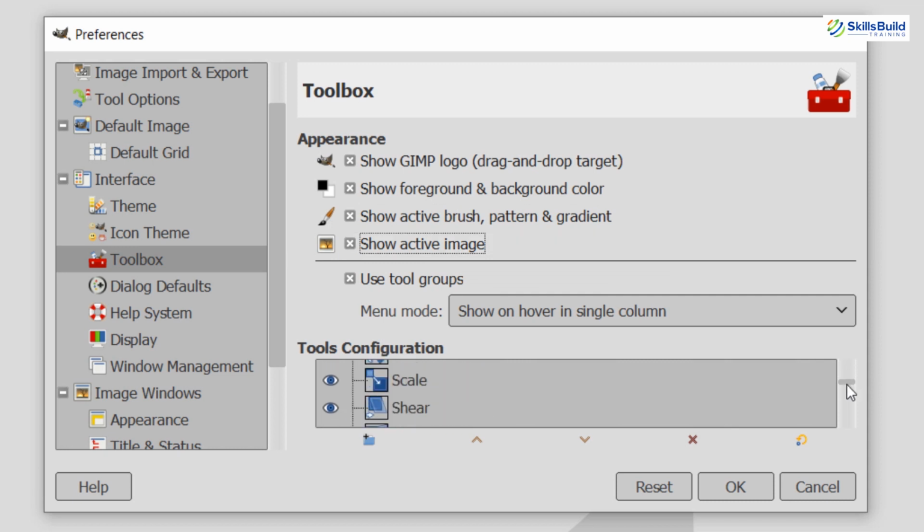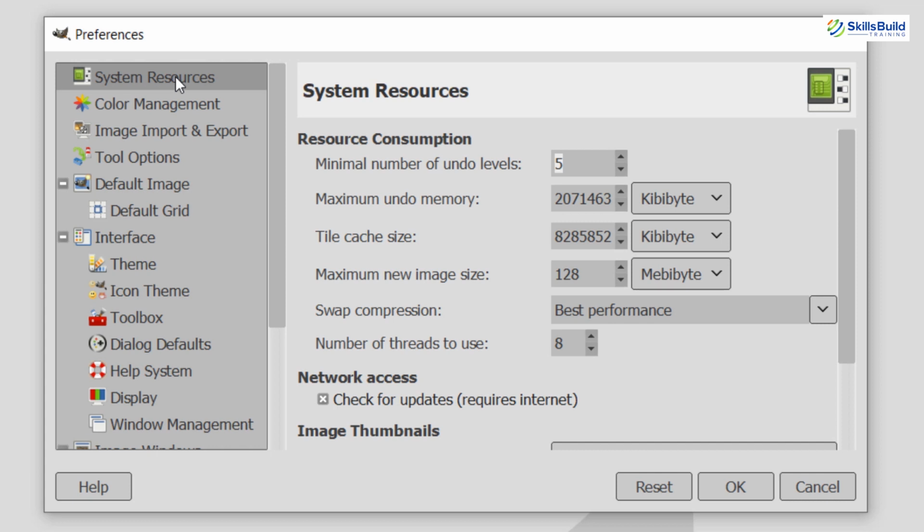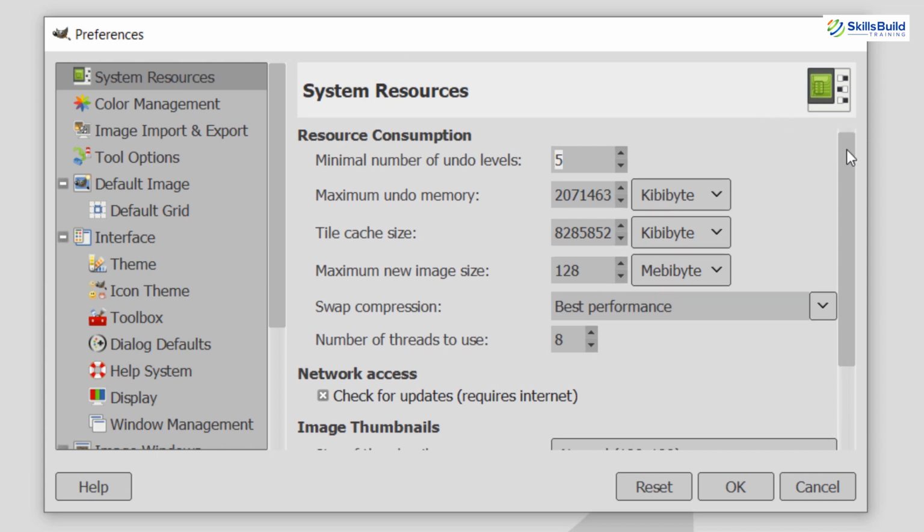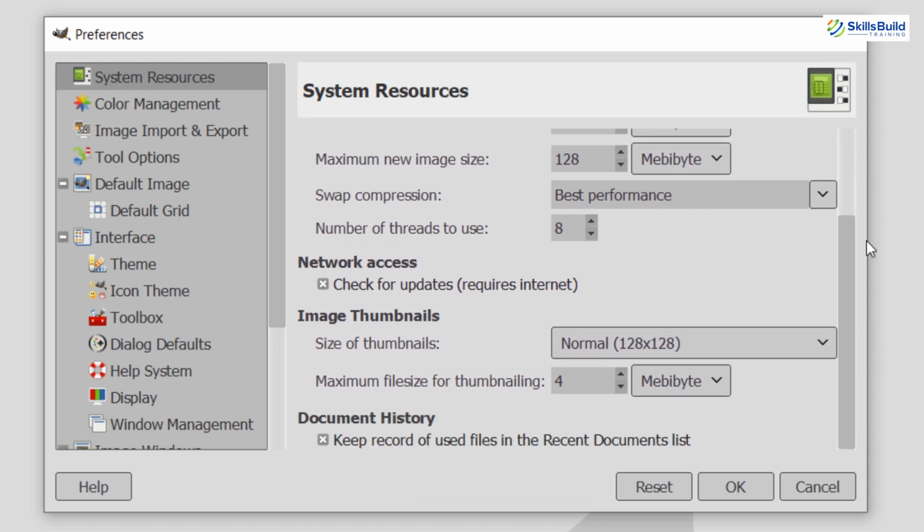Now here you have different options. You can configure the tools, and when you are okay with it, all you need to do is simply click on OK. But before that, go to System Resources, and from here you will be able to see the resources consumption. You can change these values once. You will be able to get how you can change these values. When you work on GIMP, you will be able to see how you can change things and how they will suit your work. For now, I'm perfectly okay with all these details, so click on OK now.